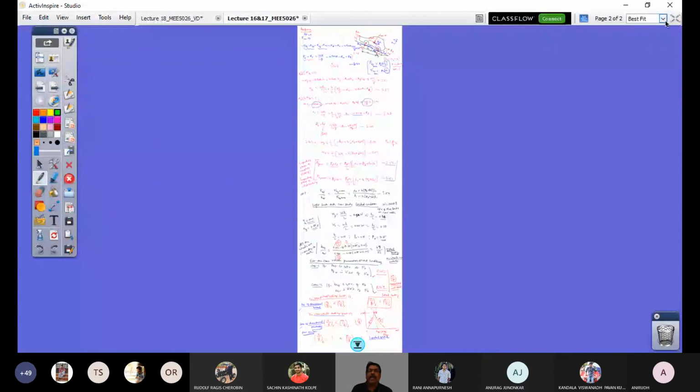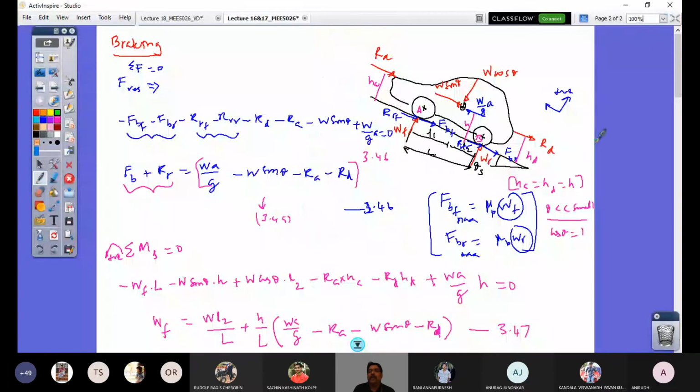Here we consider a vehicle going uphill, upslope, and then the brakes are suddenly applied. You have to carefully see F_BF and F_BR here. Brakes are applied on all the wheels, both the front axle wheels as well as both the rear axle wheels. Whereas when you are asked in the examination to find the maximum tractive effort for a front wheel driven vehicle, you should have traction only on the front axle wheels. The rear axle wheels are free rolling wheels.